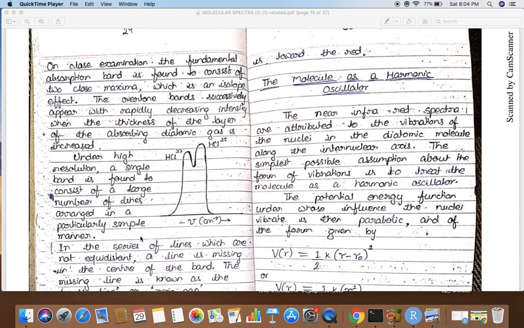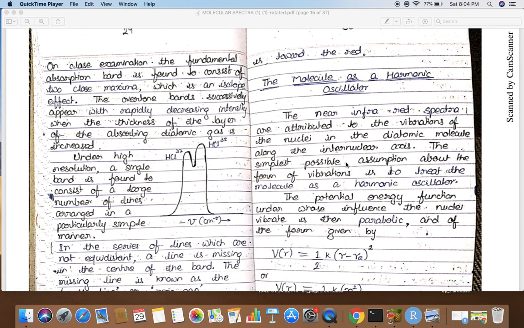So, the molecule as a harmonic oscillator. The near-infrared spectra are attributed to the vibration of the nuclei in a diatomic molecule along the internuclear axis. The simplest possible assumption about the form of vibrations is to treat the molecule as a harmonic oscillator. If you remember, in classical mechanics itself, the potential